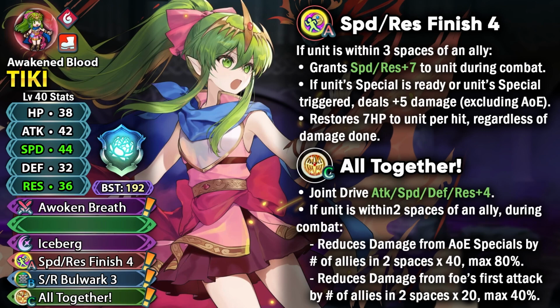And finally, she's got Altogether as her Slotsy skill, which is exclusive to her. So this has got Joint Drive Spectrum built into it, so Tiki can benefit out of this and also provide the support to her allies, which is definitely really good. She can get damage reduction against AoE specials up to 80%, depending on the allies within 2 spaces of her. So if there are 2 allies within 2 spaces of her, then she's going to be able to get the